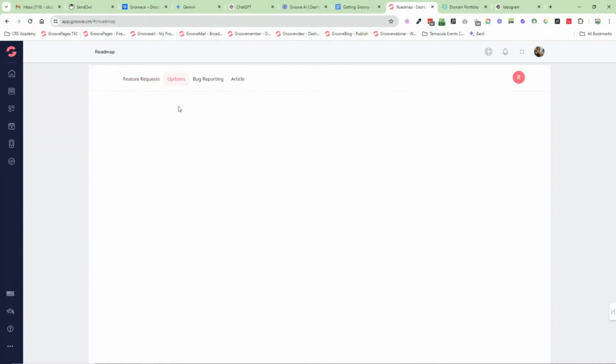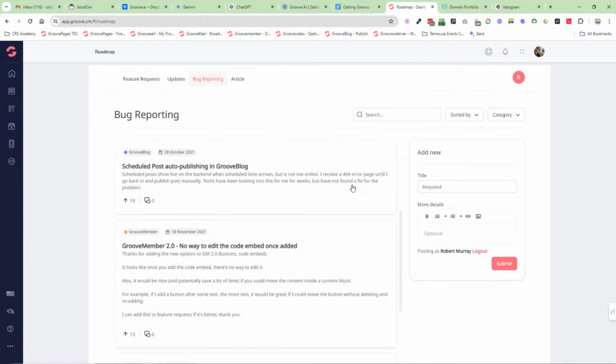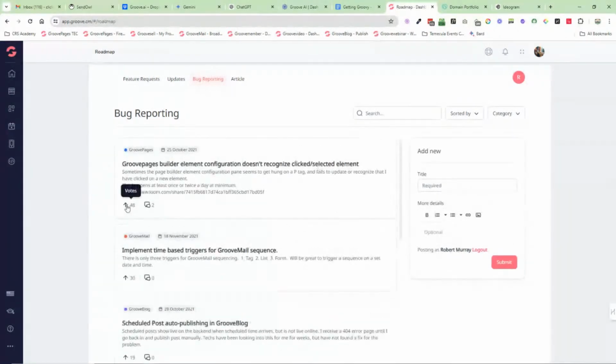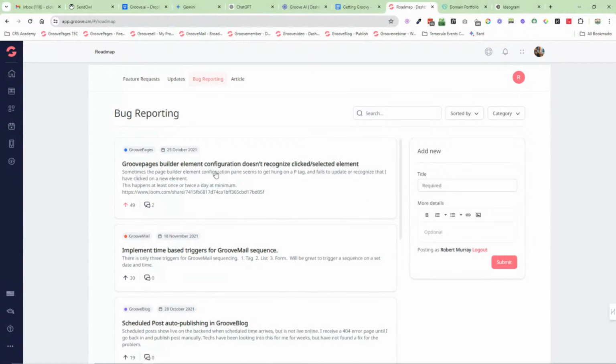Again, you can see the updates are here. We have bug reporting, that's what I started with. So again, search for the bug just in case someone else has already reported it. If they have, you can just click this little vote button, and it will vote and go pink. If you can't find it in the search, then add the information over here. As much information as you can, because what often happens is people report a bug, they give us minimal information, and the devs can't recreate it. It may be your account specific.